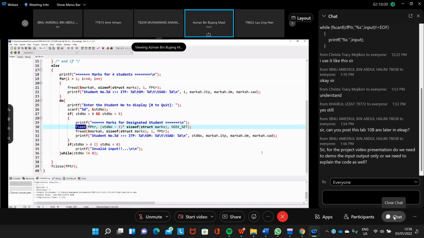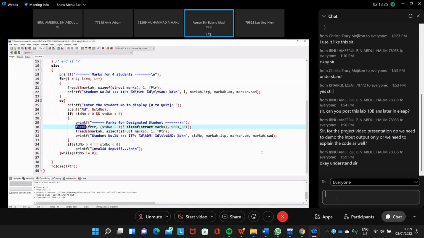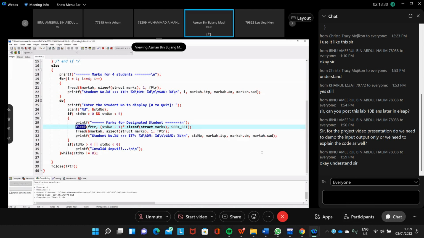Sometimes you want to show which part of the code this input is related to, then you can explain the code a bit. But not every line, going through every line, this is the declaration, and so on. That will make your presentation boring. So don't make your presentation boring. If you see that your presentation is boring, then think about how to make it interesting.